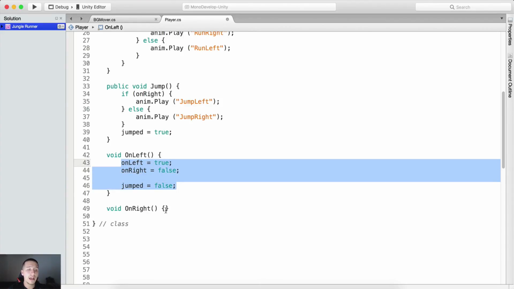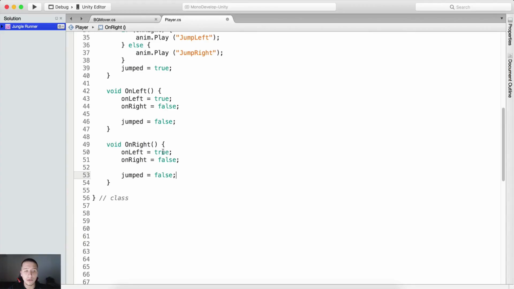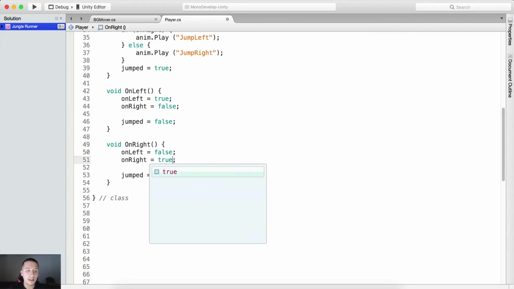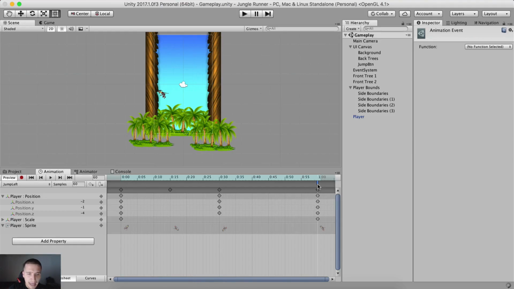Copy all of this here. On right, we're going to do, well, the opposite. On left is false, on right is true, and jumped will be equal to false. So if we go back in Unity and here select that event so that you can see it like this